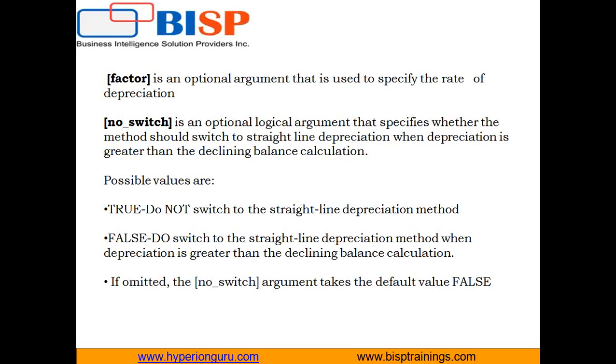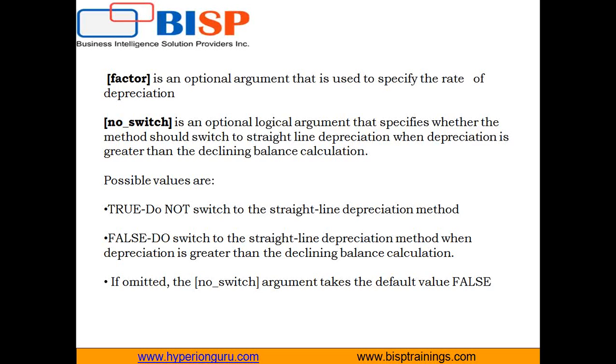The first is the factor, which is the same as in the double declining balance function, DDB. If you want to use double declining balance, you set the factor to 2 or leave it blank because 2 is the default value. If you want to use triple declining balance, then you can set the factor to 3, and so on. And the final argument is called no switch, also an optional logical value